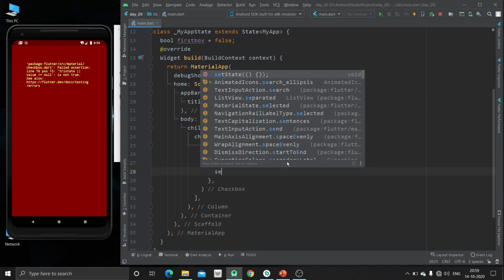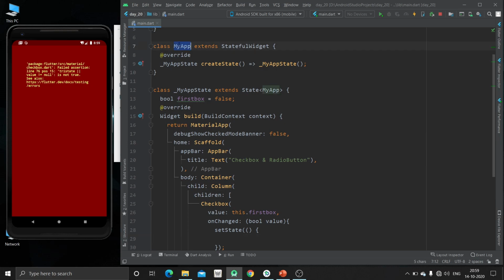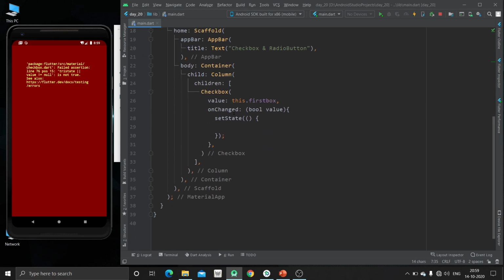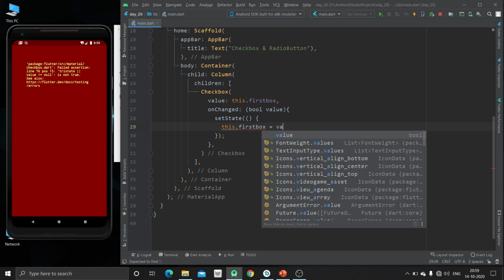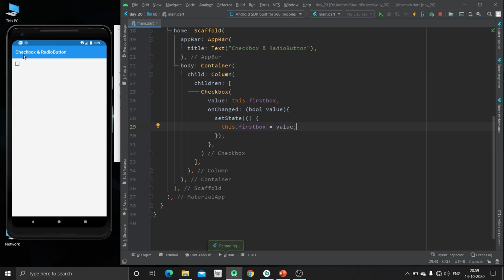So for using this setState method, our app should be of stateful widget. So we are going to save this value inside our variable. Now just hit Ctrl and S. Now you can see here is one checkbox.